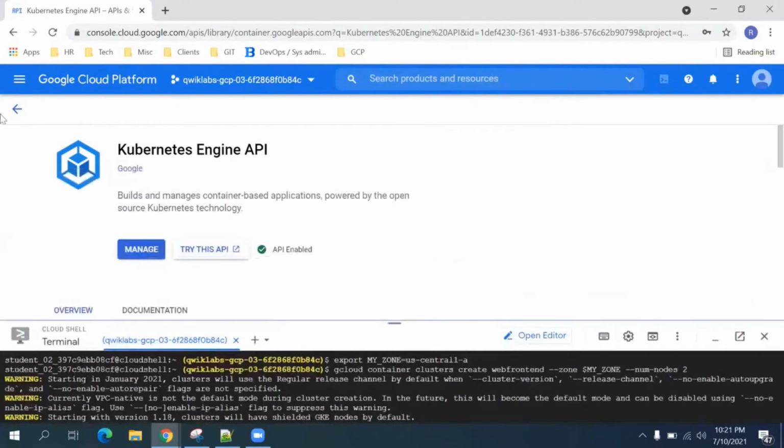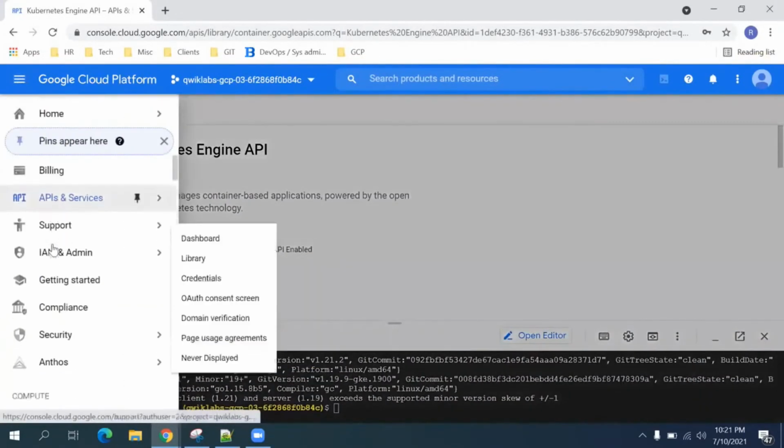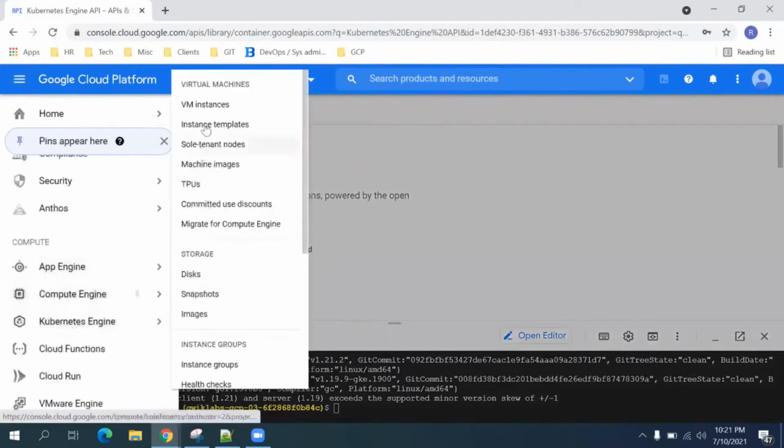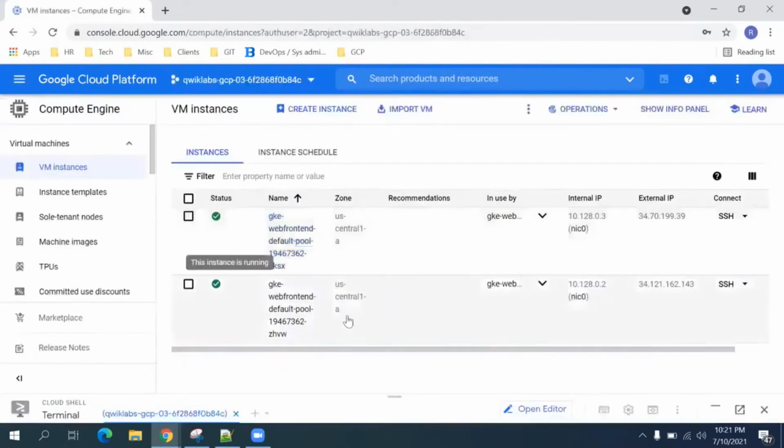On the navigation menu, go to Compute Engine, VM instances. These are our 2 nodes which are running in this deployment. Okay, so now our task 2 is also complete. In the third task, we will run and deploy a container.